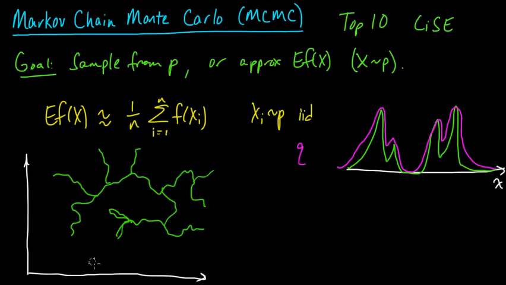And constructing a proposal distribution is too hard. So the idea is you just start somewhere. Maybe you start here. And then you start just moving around, and you try to move toward a region of high probability. And then you get there. And then you try to stay in the regions of high probability. So you're sort of doing this random walk, and you're trying to stay near this high probability region.